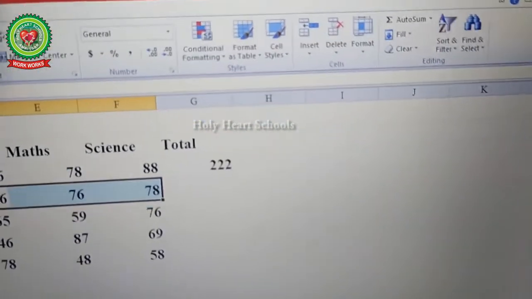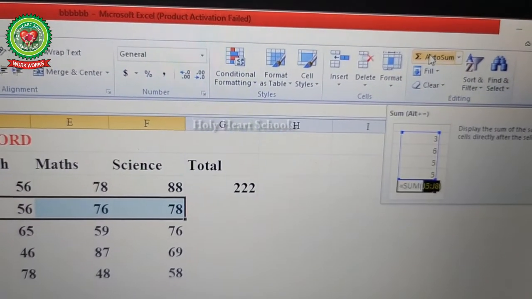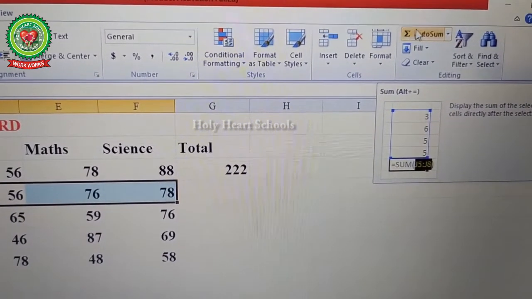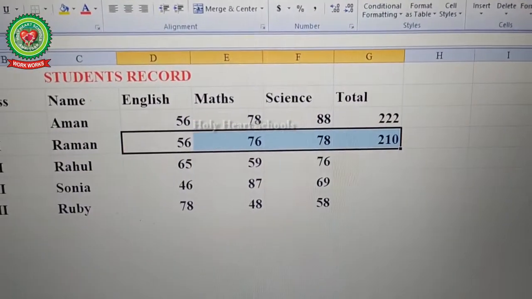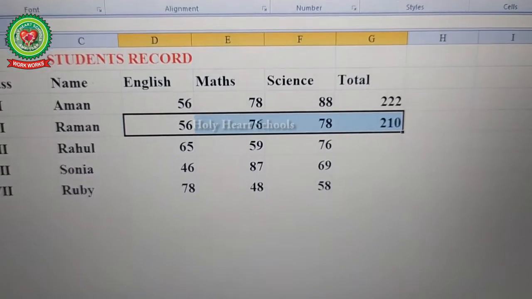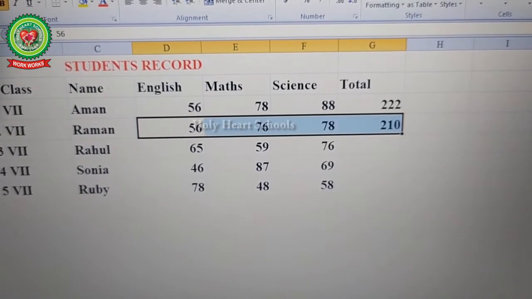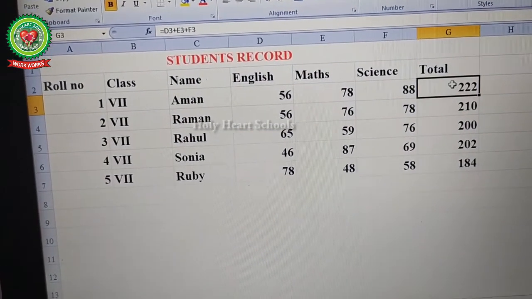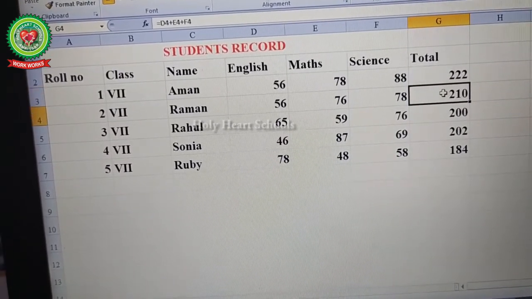Go to the AutoSum button and click over there. Your sum will be calculated in front of your data. We have discussed two methods. You can apply any one method. Now children, by using this method of calculation, you can find out the total of all the cells.